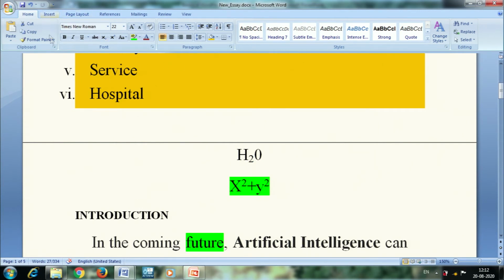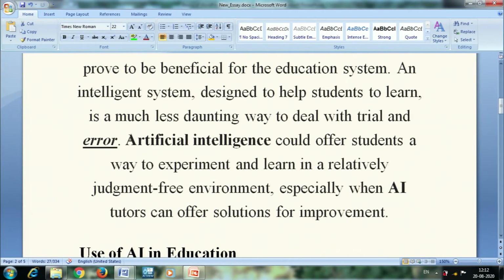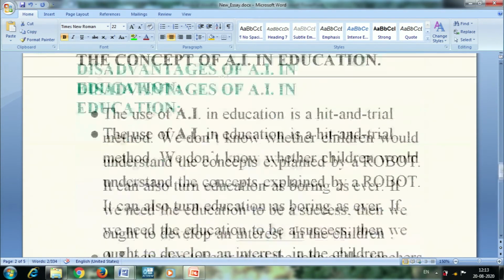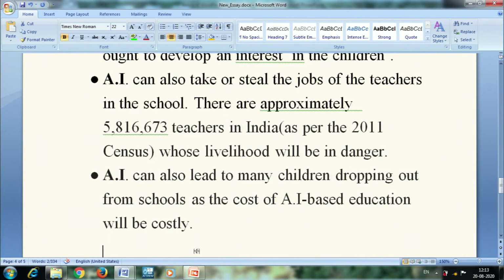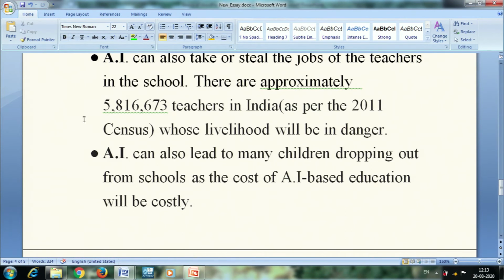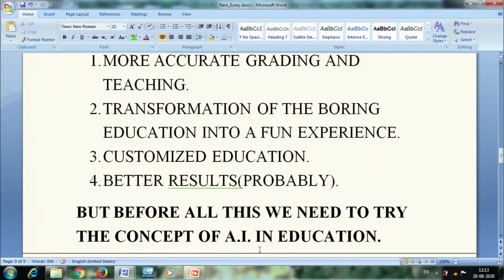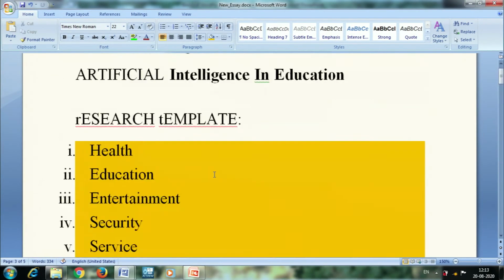This is a simple word processing software where we discussed how to do the basic formatting, and now we want to copy this content. Suppose this word artificial intelligence, I want to place in some other place. I can select the text and click the copy option. Once I have clicked copy, I can move to any place and use the paste option. I guess my content is not copied. I will do it again.